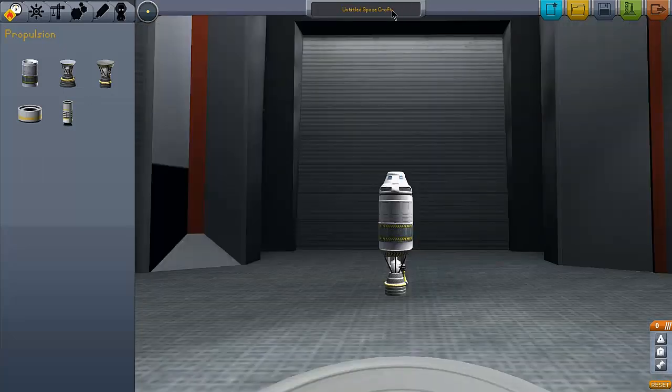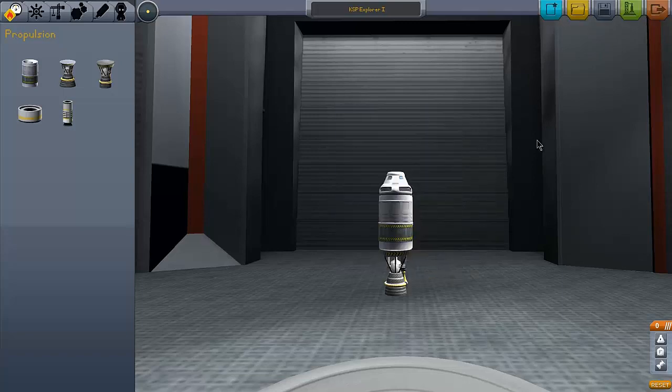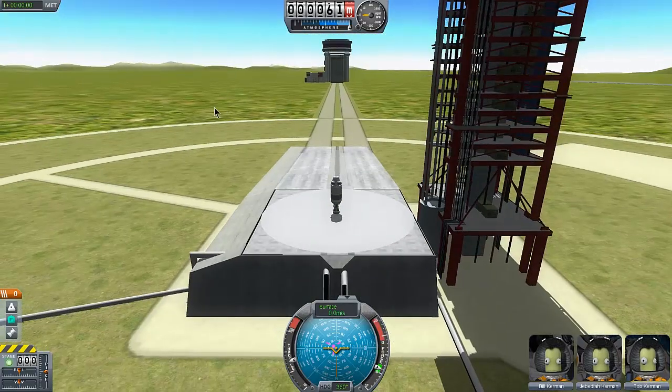Alright, so this craft should be ready. Actually, we just might want to name it. Let's call it a KSP Explorer 1. Alright, let's save it. I've actually got a bunch of craft here ready to show you guys later on. But for now, let's just take a very simple Kerbal Space Program Explorer 1 to the launch pad, and here we are,